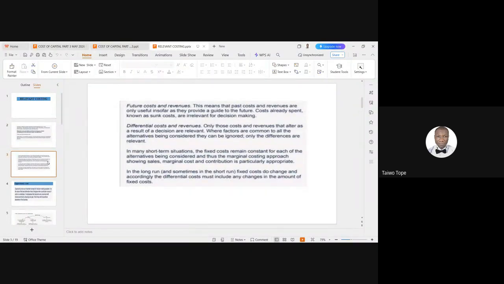constitute relevant cost. Future costs and revenues: this means that past costs and revenues are only useful insofar as they provide a guide to the future. So costs already spent, known as sunk costs, are what? Irrelevant for decision making. Differential costs and revenues: only those costs and revenues that alter as a result of a decision